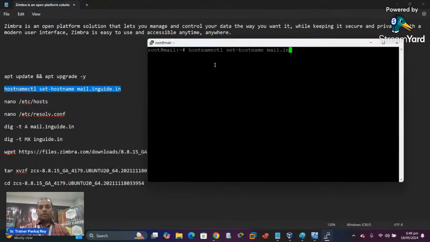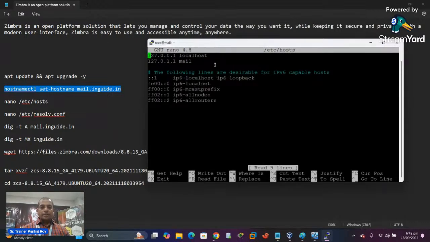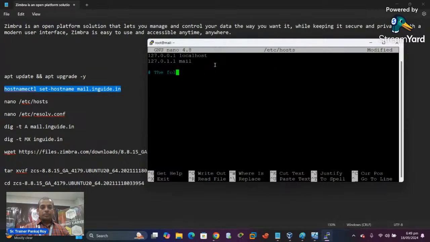The host name is mail.iswitch.com. To set the host name, nano /etc/hosts file. Just remove all the lines. Then add 192.168.1.44 mail. Okay,